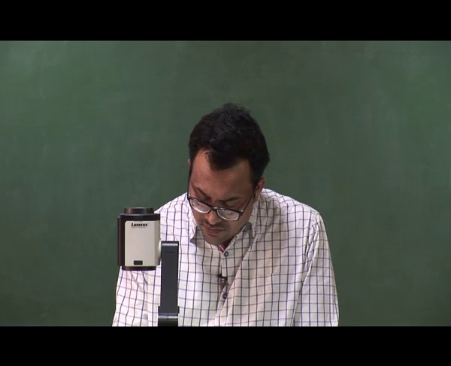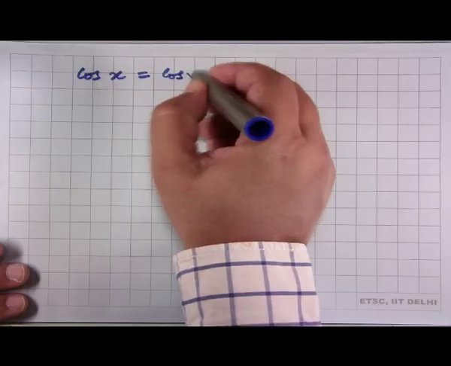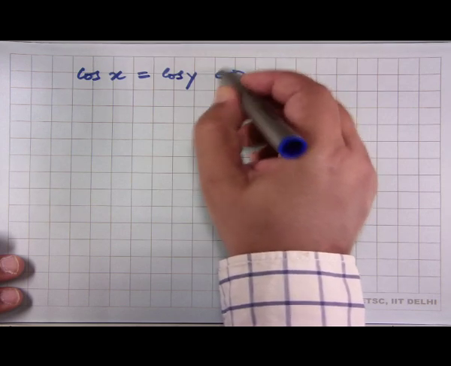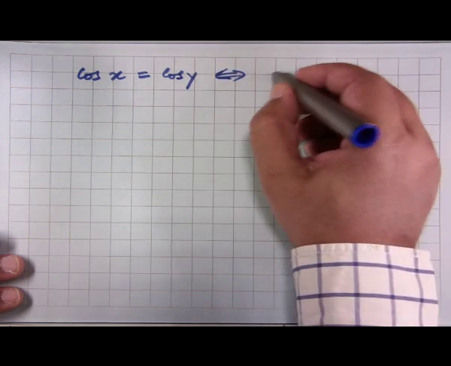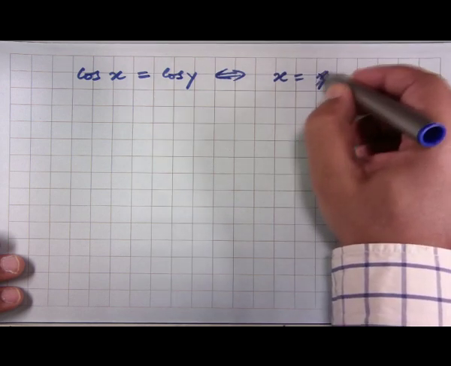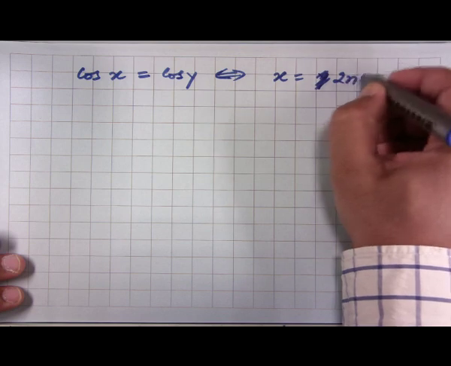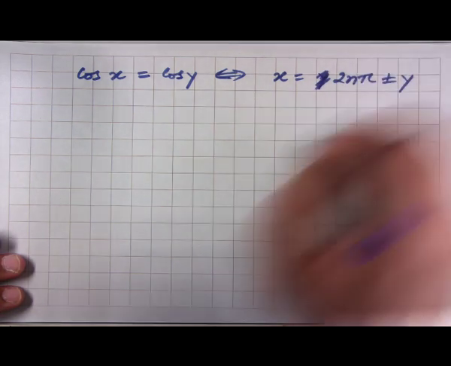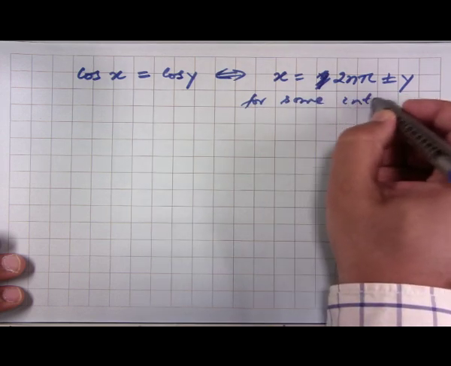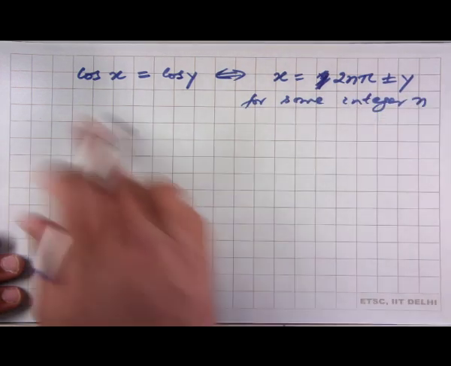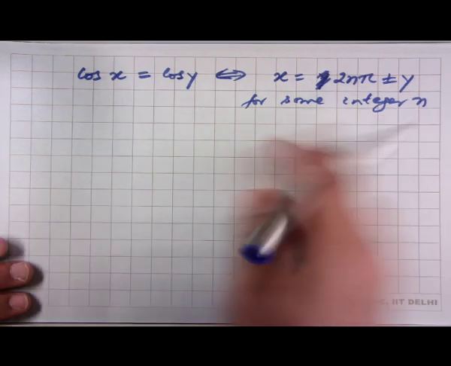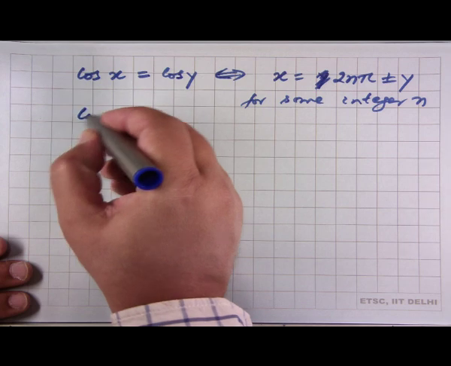So if you remember, we said that if cos x is equal to cos y, then it must be true that x is equal to 2n pi plus minus y for some integer n. So this is from one of our previous lectures,